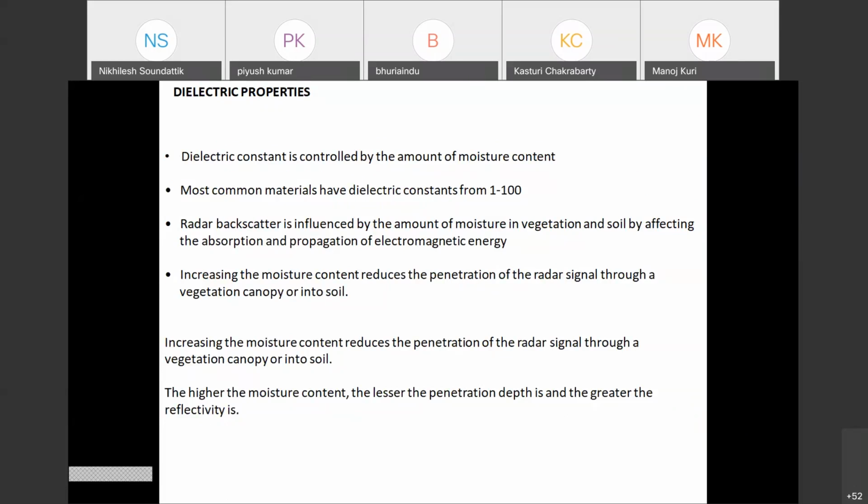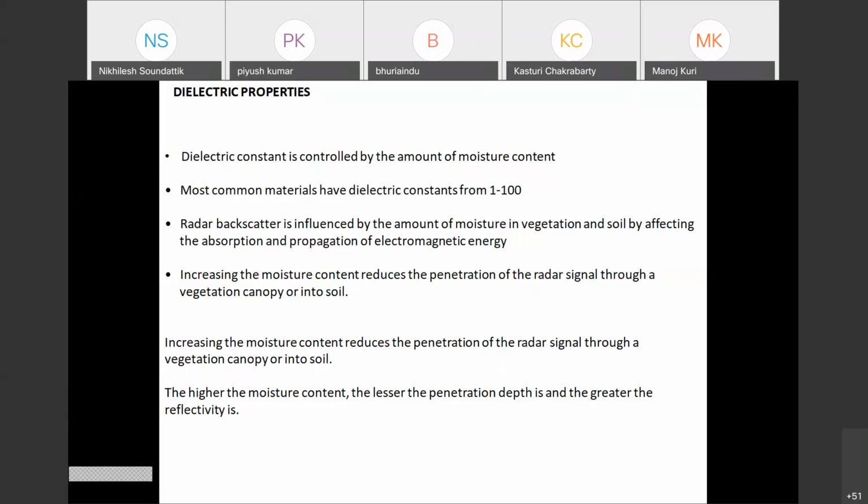Fine. Now we come to the dielectric property of the object with which radar is interacting. The dielectric constant is actually controlled by the moisture content. Why it is important is that radar backscatter is influenced by the amount of moisture in the vegetation and the soil, thereby affecting the absorption and the propagation of the backscatter. Increasing moisture content reduces the penetration of the radar signal through a vegetation canopy. So if the water content is more in the vegetation,